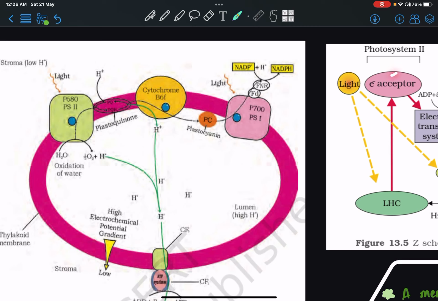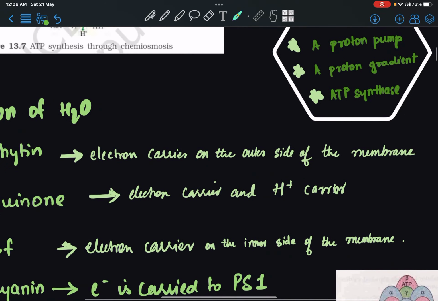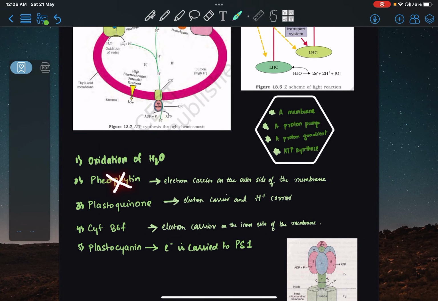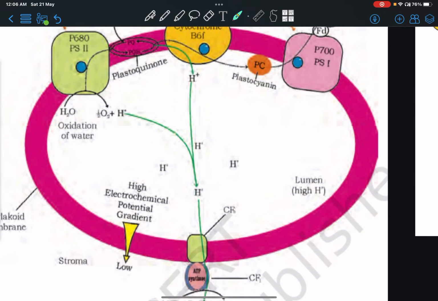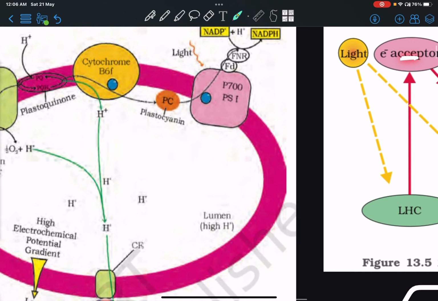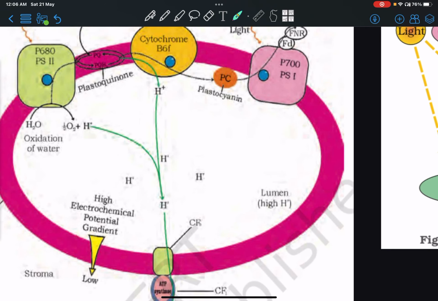The first electron acceptor is pheophytin, which NCERT mentions as the carrier on the outer side of the membrane. The first oxidation of water happens where an electron is released. It goes to pheophytin, the first electron acceptor, and then it is passed on to not an electron carrier but a